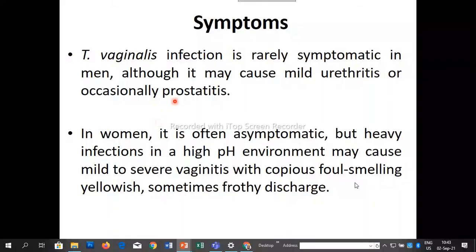Trichomonas vaginalis infection is rarely symptomatic in men, although it may cause mild urethritis or occasionally prostatitis. So men can be carriers of this parasite and keep spreading or contaminating females, because the man may not have clinical presentation while they harbor this kind of parasite. In women, it's often asymptomatic, but heavy infection in higher pH environment